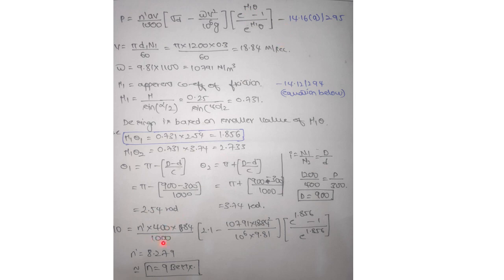You can just substitute all the values and the number of belts can be calculated. So the number of belts would come around 8.271, approximated to 9 belts. This is the way you have to calculate the number of belts in the case of a general category of problem, that is, calculate, determine, find. If he uses such words, you have to follow this procedure.